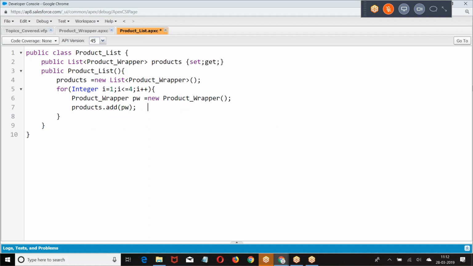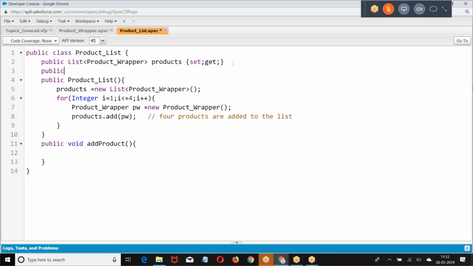So how many elements are added? 4. Then I am having public void add. Now they are giving an index. At what position should the element be added?